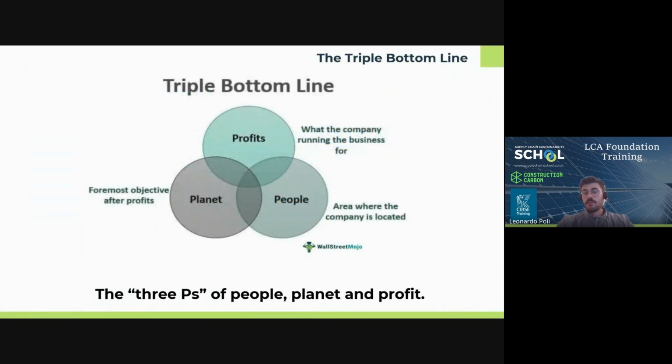Before starting, it would be useful to introduce the concept of triple bottom line. The triple bottom line is a business concept that includes people, planet, and profit. In 1994, an entrepreneur called John Elkington introduced it as an accounting framework, in the hope of moving away from a financial accounting-focused business system towards a more comprehensive approach.